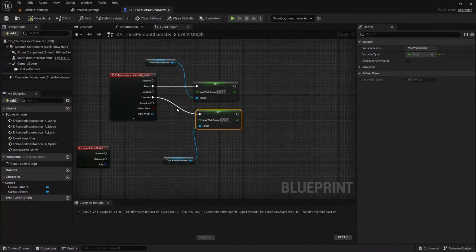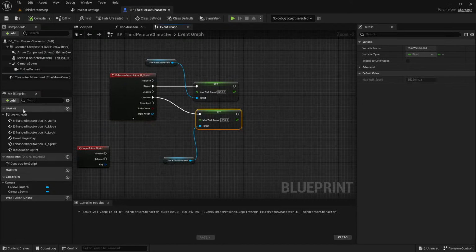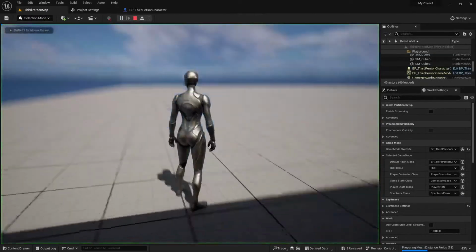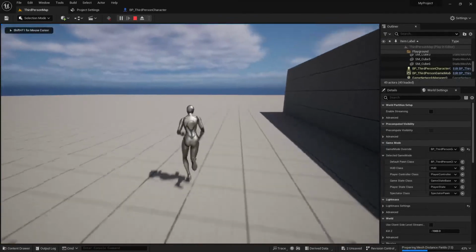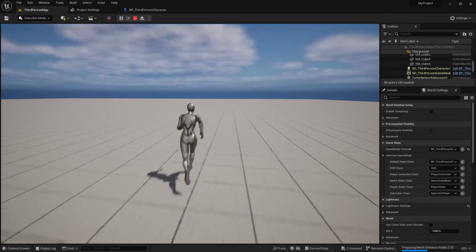And if you want to reduce the speed to see it a bit more visually, let's go back to the character movement component. From here, let's initially set it to 300. Let's let it be low, and let's also make this 300. So this is how you would control the speed of your character, like in games like Last of Us. See, now I'm pressing shift. I press it once, and now if I leave it,